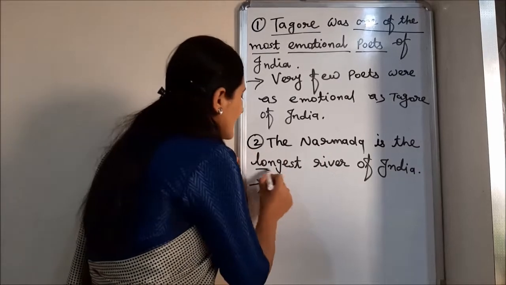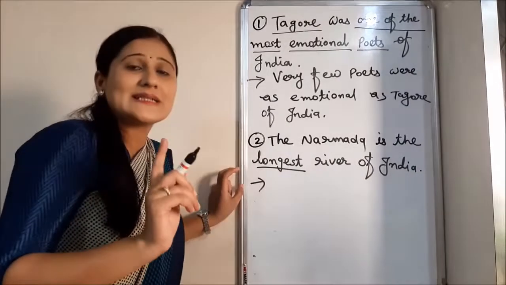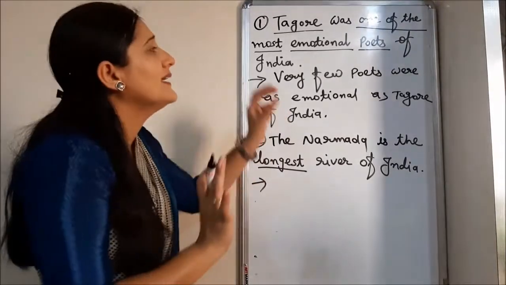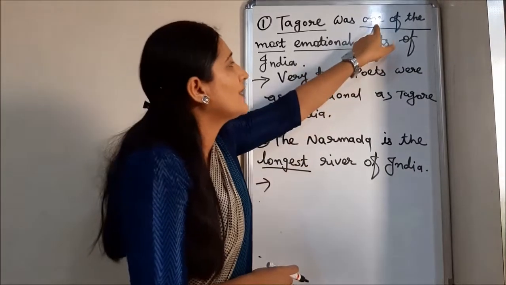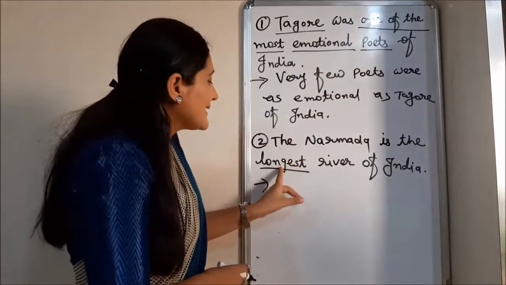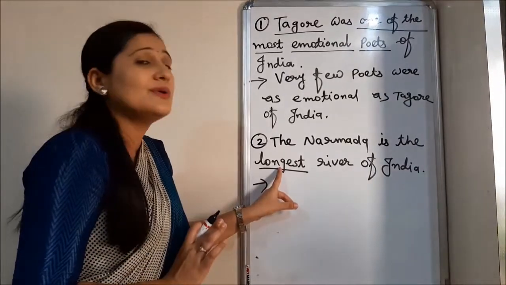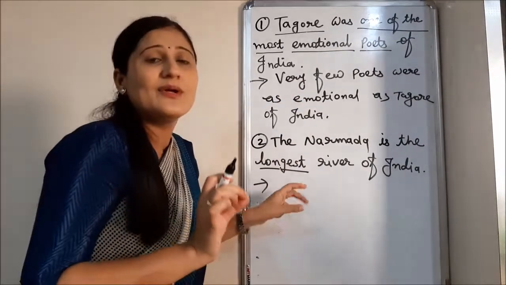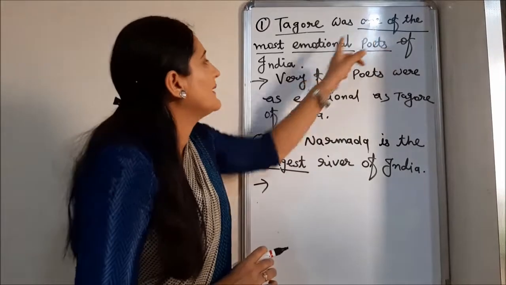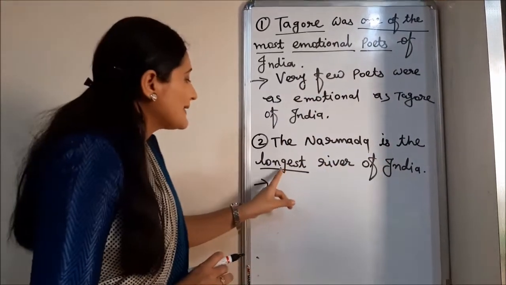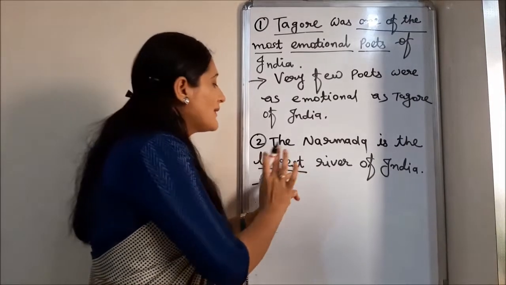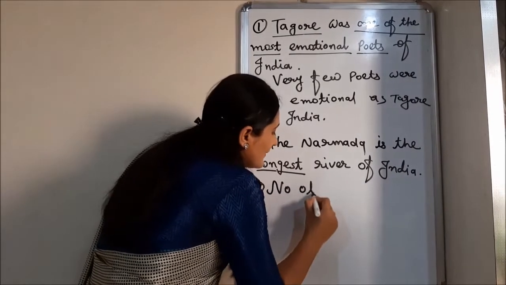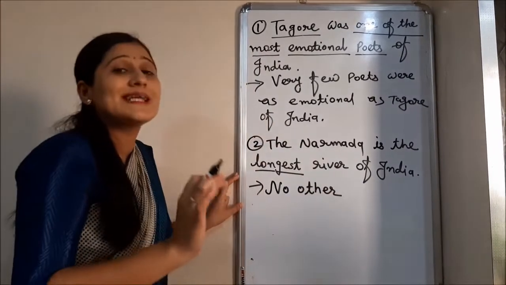See, here I have used EST or most plus adjective. Simply keep in mind, I am not making you confused. It is very simple. One of the, use very few. EST plus adjective or most plus adjective, use no other, right? Don't use no other here, don't use very few here. This should be very clear. If one of the is given, use very few. If EST plus adjective is largest or most plus adjective, then you need to use no other.